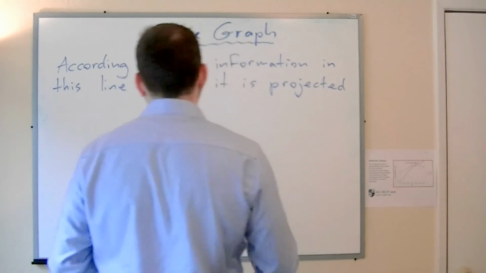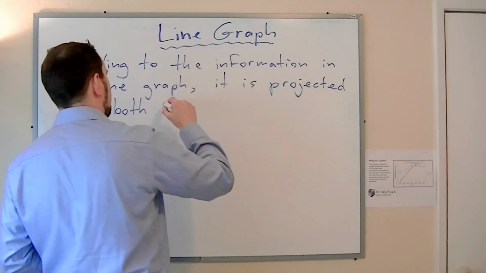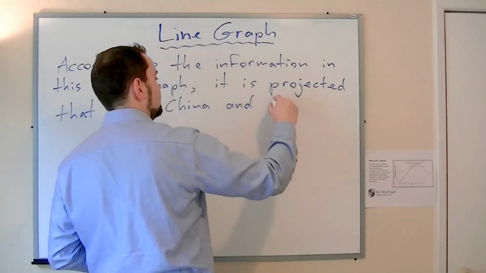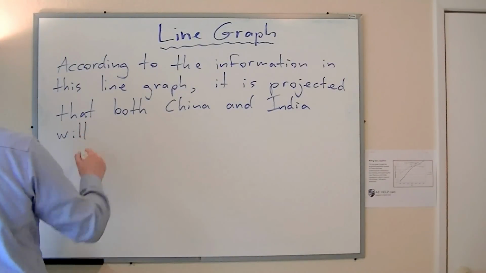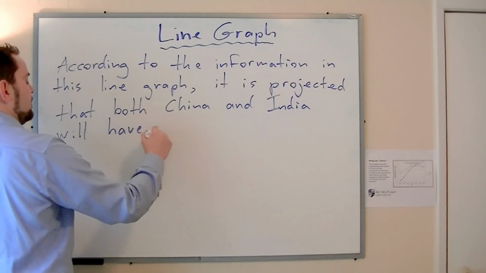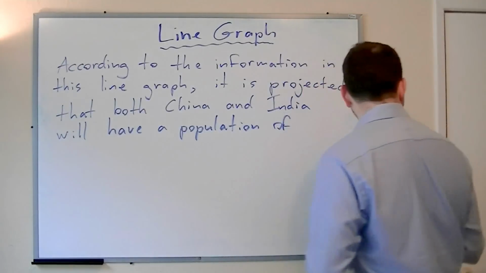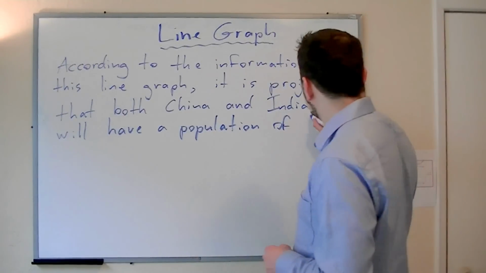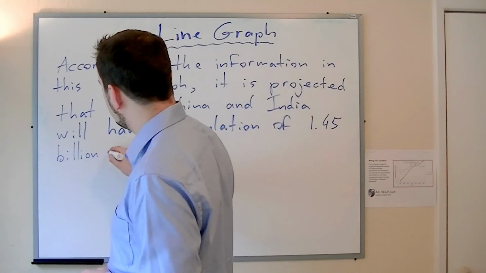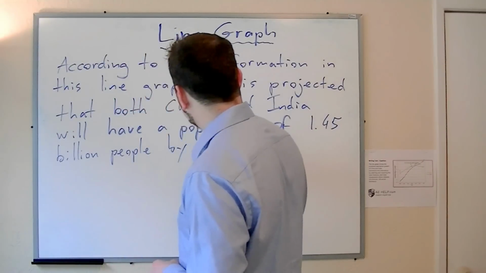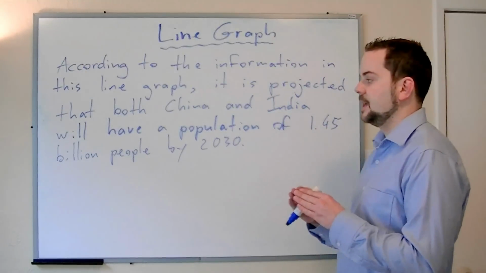It is projected that both China and India will, and here's our future participle, will have a population of 1.45 billion people by 2030. Okay, so this is the point in time where they're about the same, and then after this is where